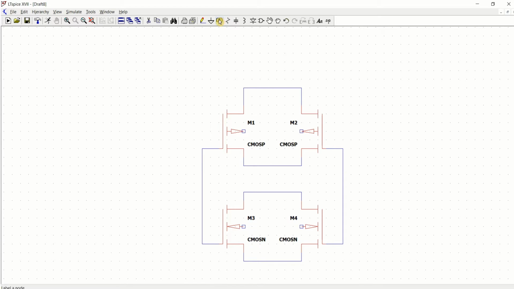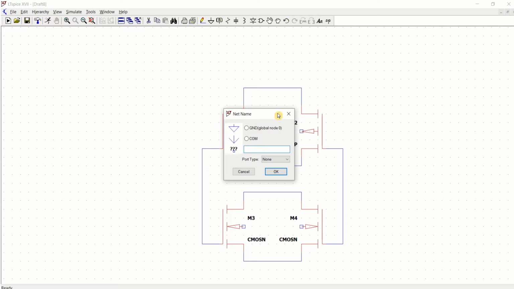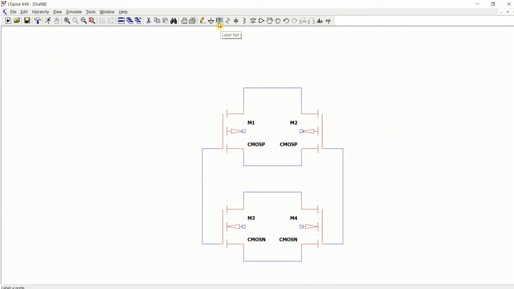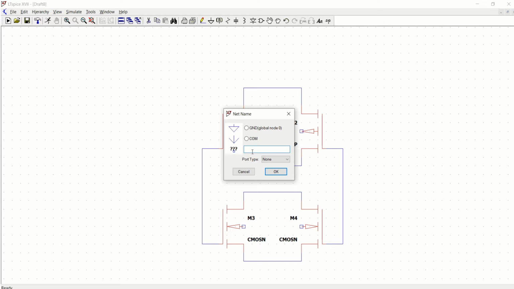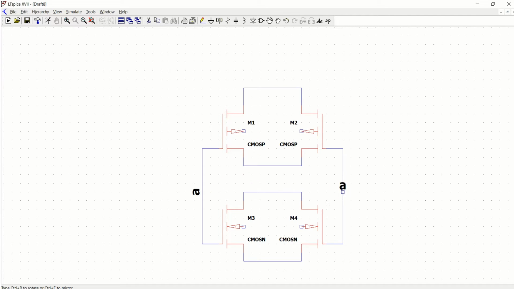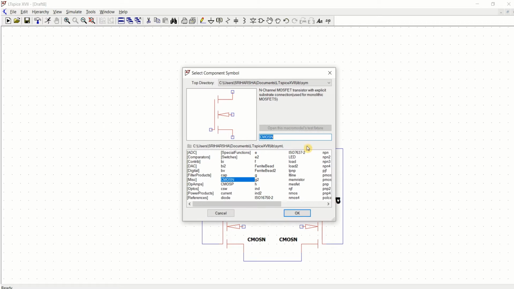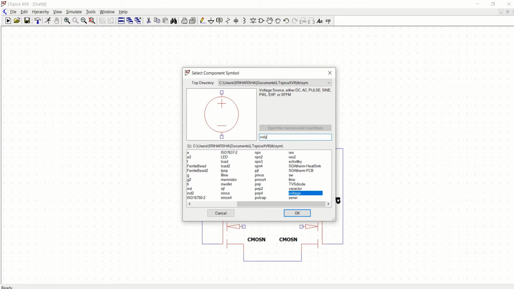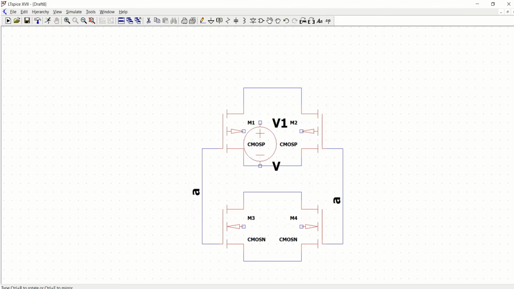Label them by using this label net, and make it as A. I'm assigning the equal values. Now provide the supply voltages, which is DC. For that, select the voltage, one for the supply and the second one as the input.